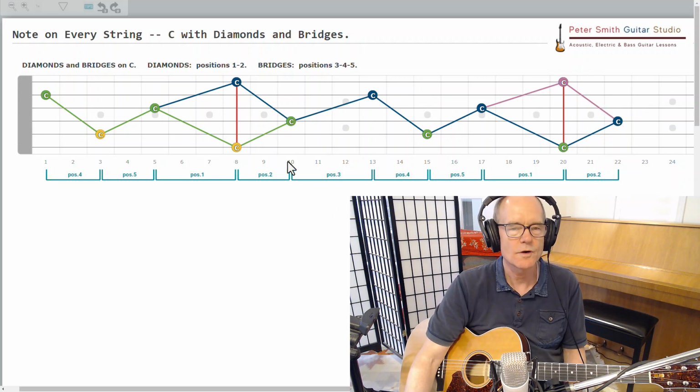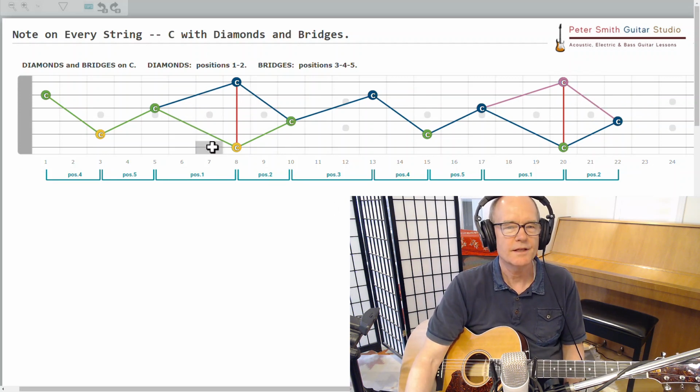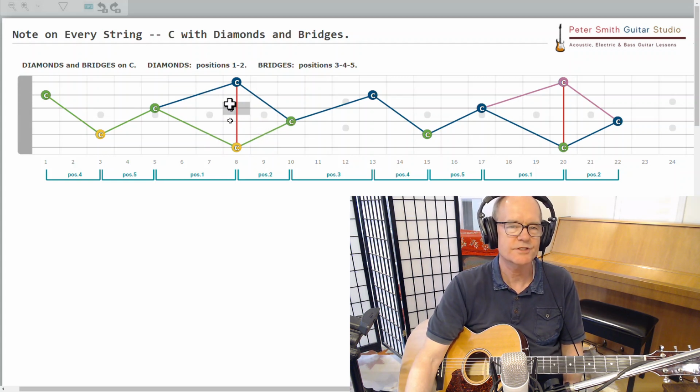Okay, so I like to divide the diamond into 2 halves, the left side and the right side. The left side is called position 1, the right side is called position 2. Okay? And then the bridge sections are called positions 3, 4, and 5. So we have position 1, position 2, left side and right side of the diamond, position 3, 4, and 5